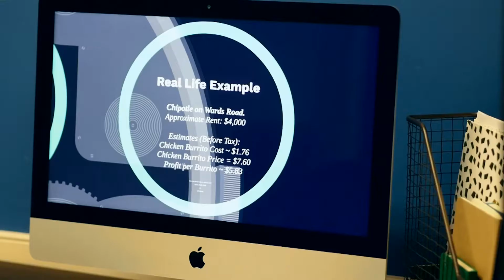So a chicken burrito at Chipotle costs $7.60. That would be the sales price. And then they also have a variable cost associated with that, which is how much it costs to make each burrito. That's for the rice, the beans, the chicken, the wrap. The variable cost for a burrito is roughly $1.76. If you take the sales price minus the variable costs, you arrive at the gross profit per burrito, which is roughly